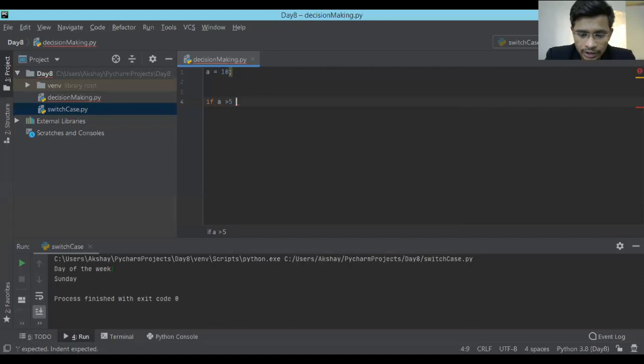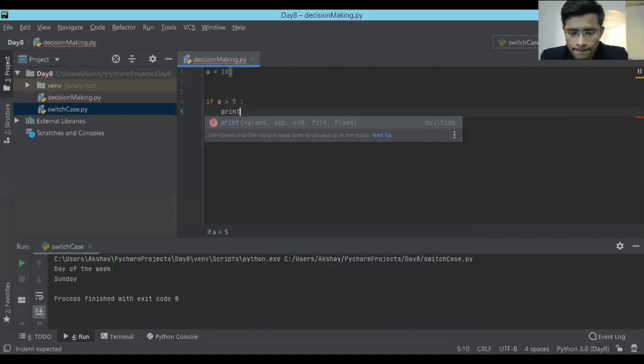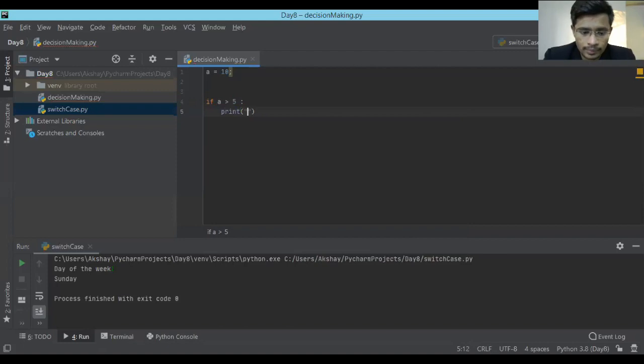Okay, so this is the condition which I want to execute, and here I'm going to print a statement: a is greater than 5, right?